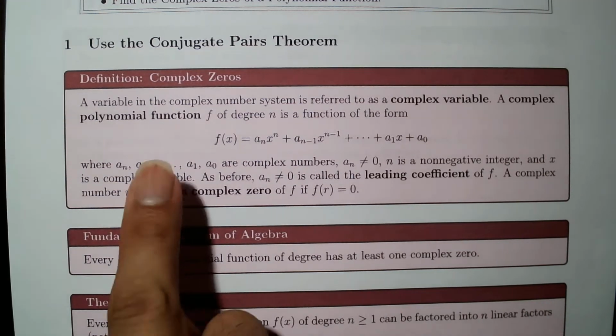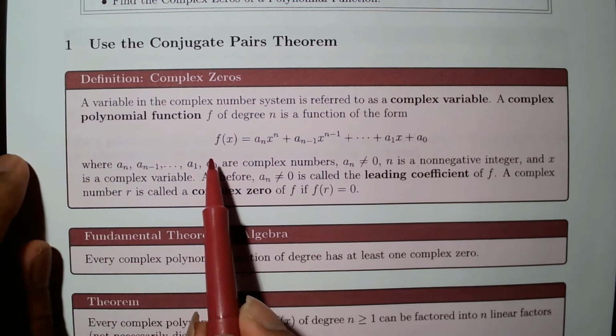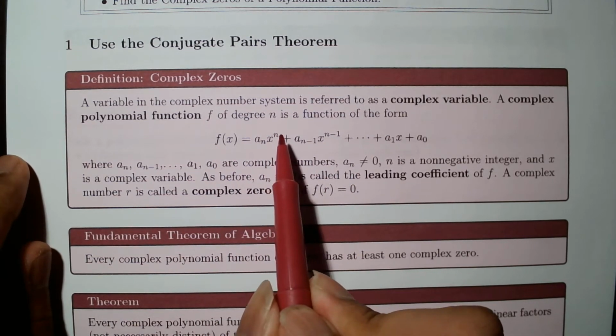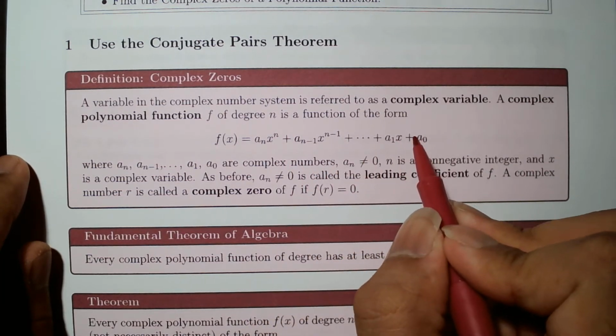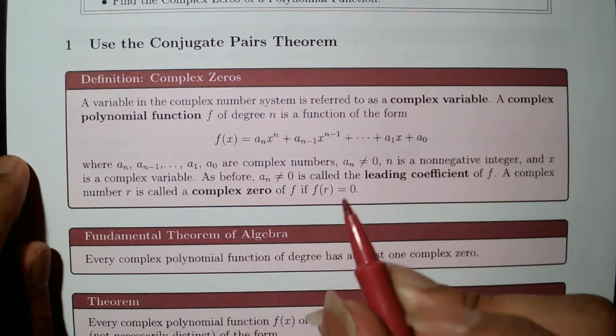Number one, we are going to go back to a definition very similar to that at the very beginning of this chapter, in which we defined the look of a polynomial function. A generic polynomial function looks like this: a big polynomial, where the leading term tells us the degree, which is n, it cannot be zero, and this is the constant term. And again, like we went over in the previous section,